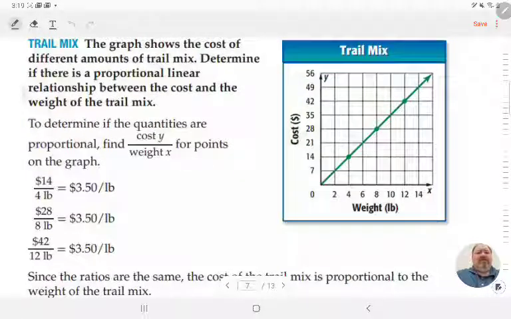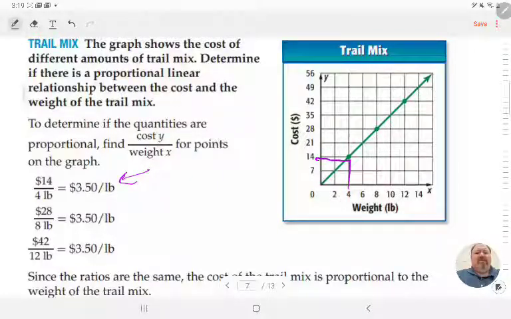All right. So it says the graph shows the cost of different amounts of trail mix. Determine if there is a proportional linear relationship between the cost and the weight of the trail mix. To determine if the quantities are proportional, find the cost of y divided by the weight of x for points on the graph. So we could take a point, 4, 14, and we can divide the y by the x,